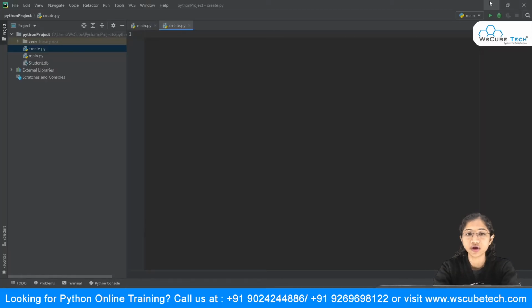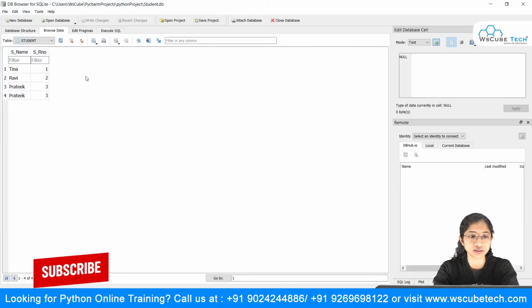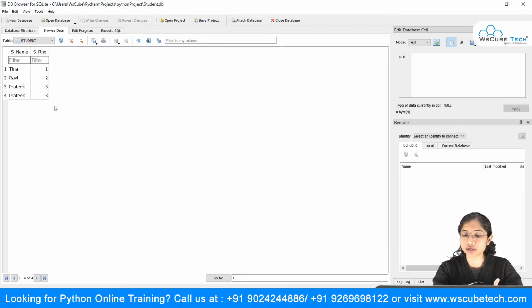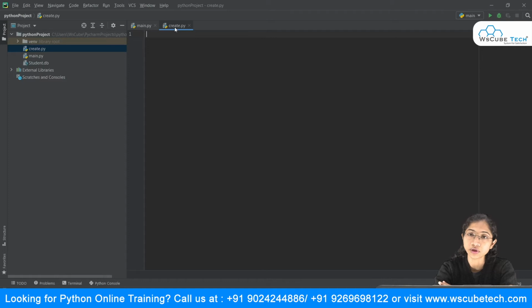Now, if you have seen in the earlier video, we just inserted our records into this database, that is students. So we inserted many records over here, as you can go over here and check. So these are nothing but our records. Now what if I just want to display these records over my PyCharm, that is at my console window? I want to display the results over here. So for that purpose, we make use of the select statement, and we are going to see that over here.